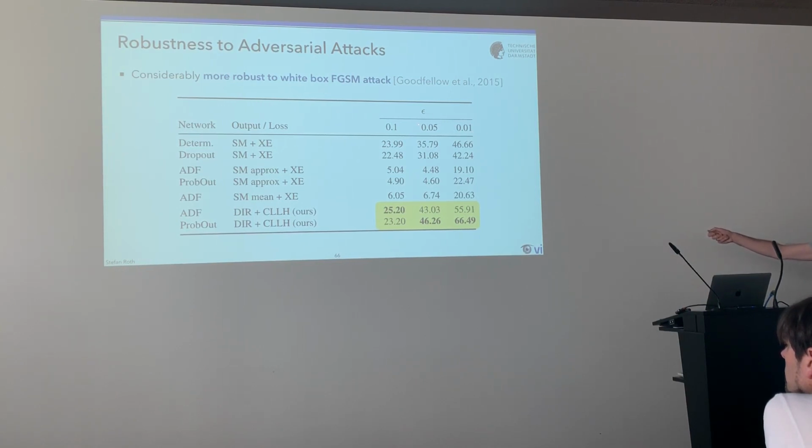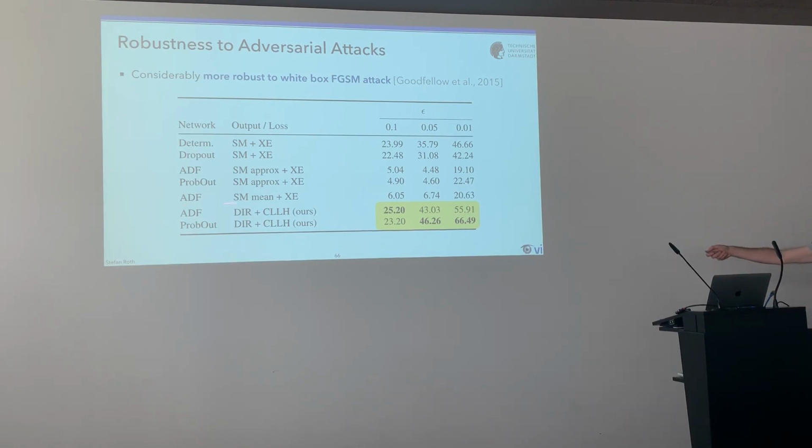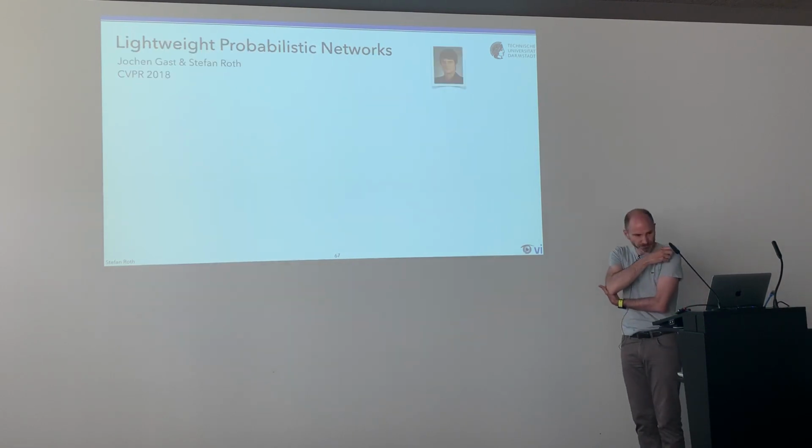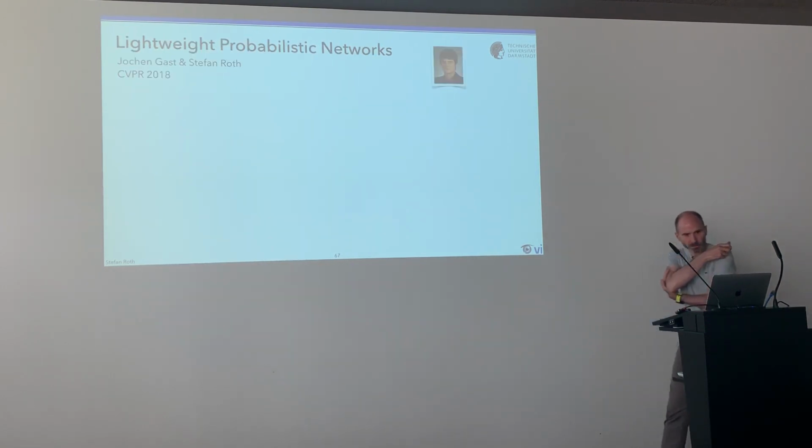And it turns out that, so here the first row is basically our standard deterministic network with cross entropy. And then if I use these probabilistic output layers, it turns out they're quite a bit more robust to adversarial attacks. Okay, but even though we didn't specifically train for that, somehow the distributions seem to induce that, and I think more work is needed to really understand that. So to wrap up,